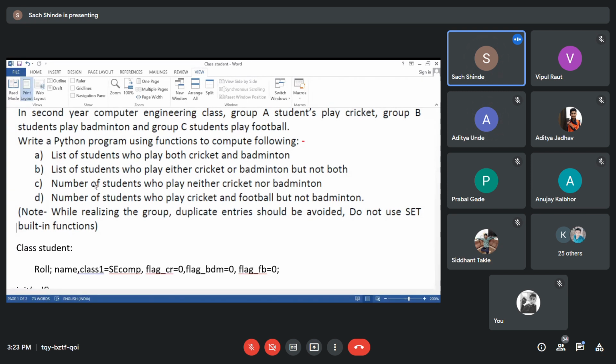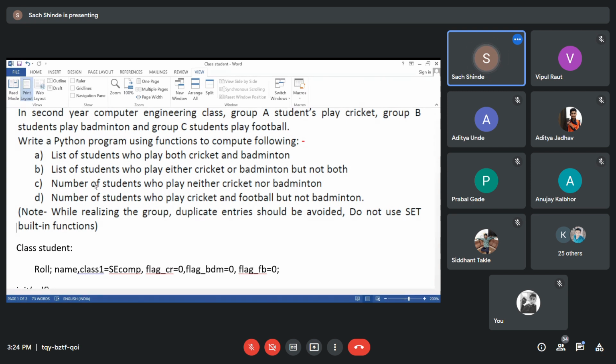Let us see query number D. Number of students who play cricket and football but not badminton. So now here we have to join the two lists, that is, students who are playing cricket and students who are playing football. We have to join them so that no duplicate value exists.